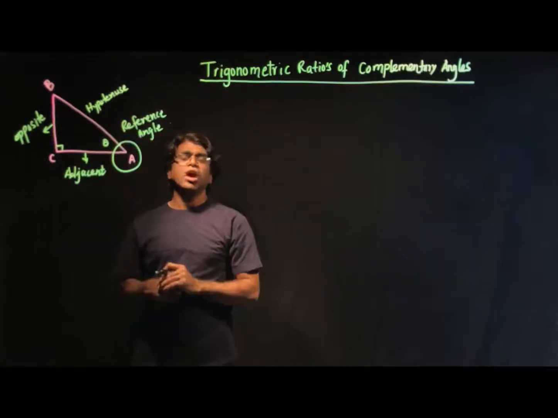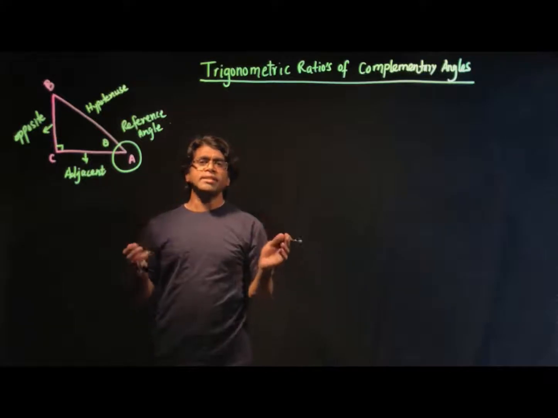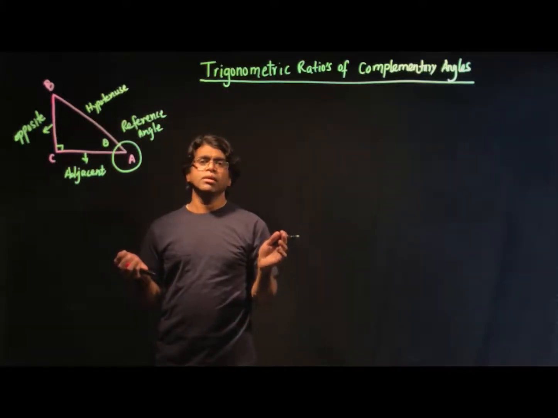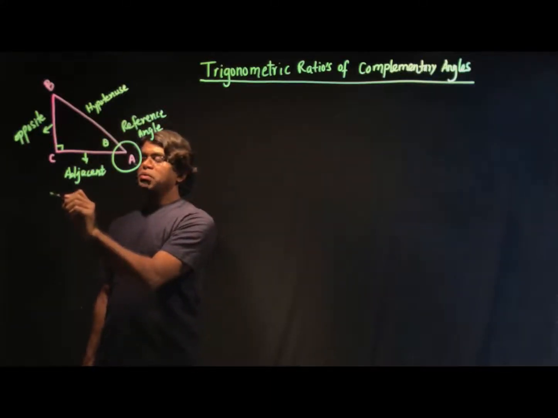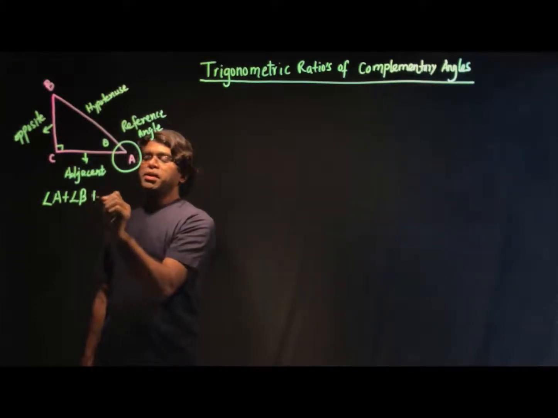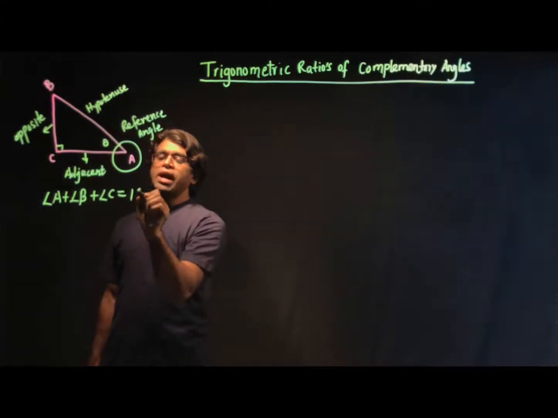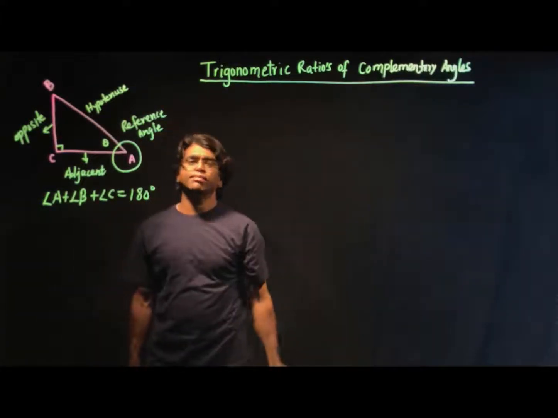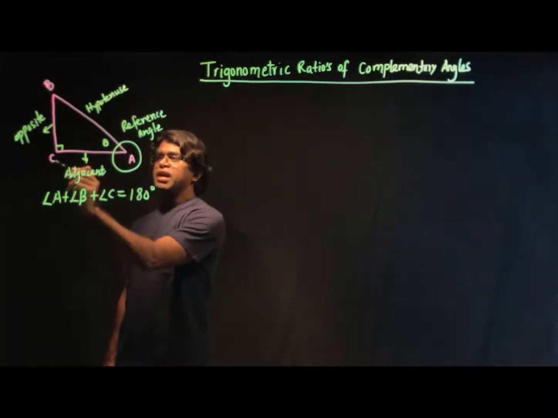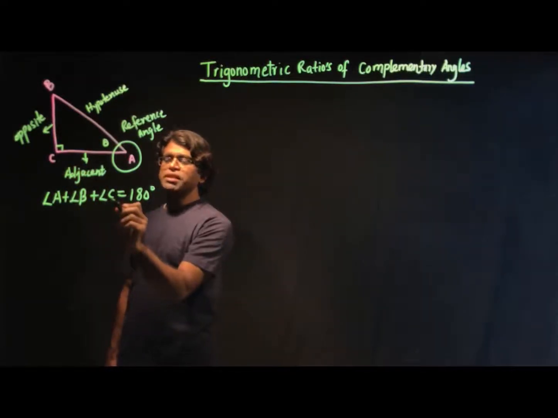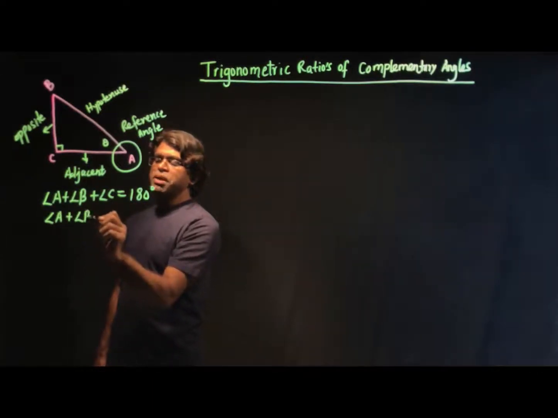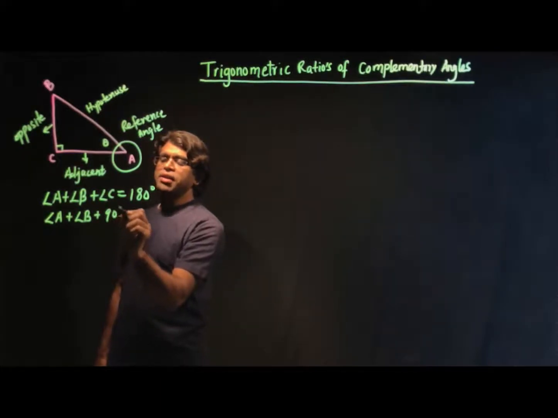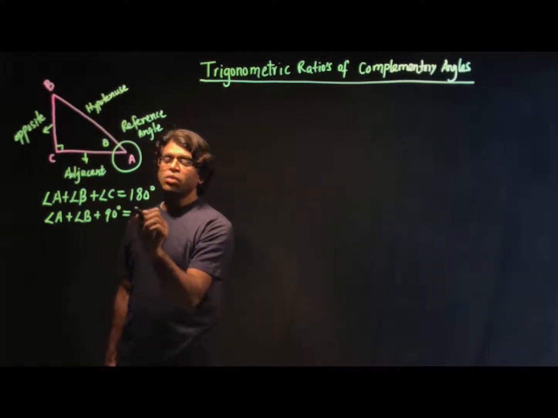Alright? Now, the next thing I want to ask, what is the sum of all the three angles of a triangle? As we know, the sum of all the three angles of a triangle is, I'm going to write angle A plus angle B plus angle C. We all know that it's 180 degrees, right? Look at angle C. Angle C is 90 degrees, so I'm going to replace C by 90. So I will write angle A plus angle B plus 90 degrees, because C is 90, is equal to 180